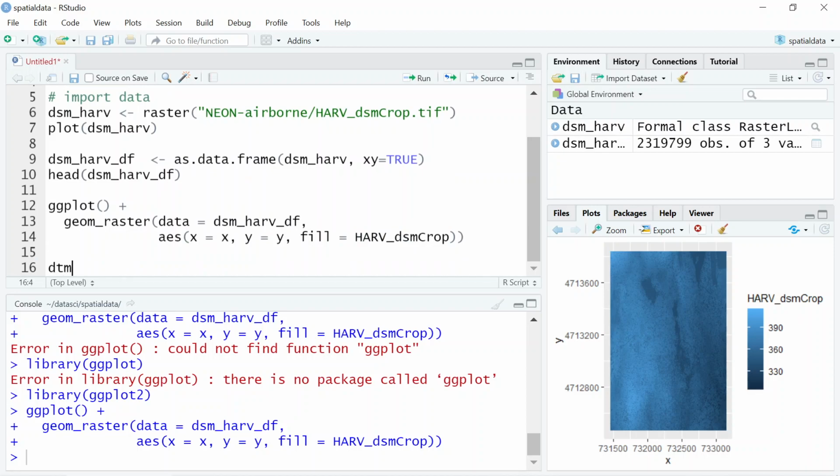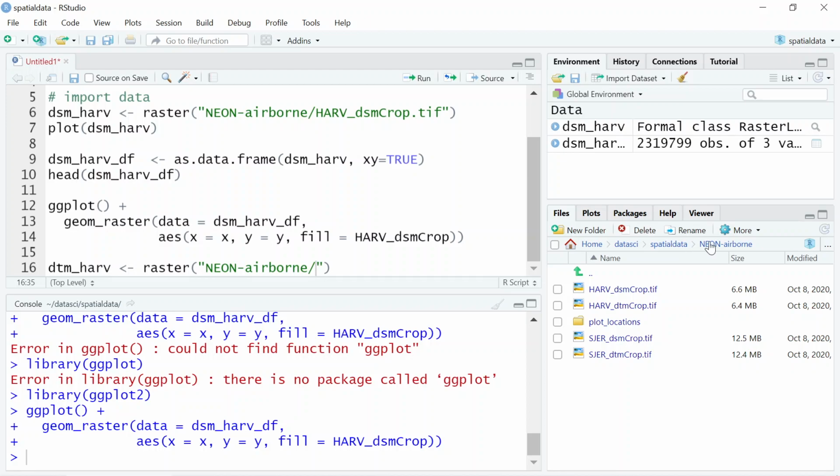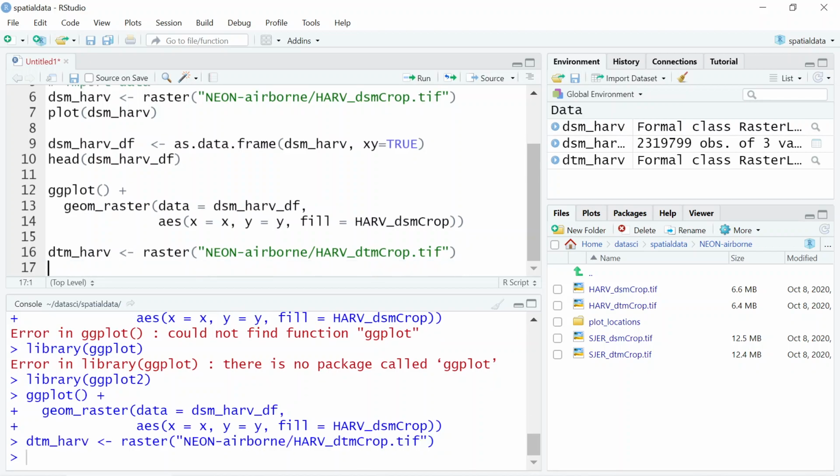So we need to import our digital terrain model using a similar call to raster, and it's in the airborne folder, and I don't know what it's called, so I'm going to navigate to that folder, and it has a similar format, but it's DTM, harv_DTM crop.tiff. And I'm going to create a new raster called CHM harv, and we can do raster